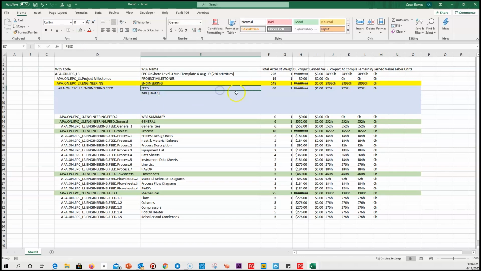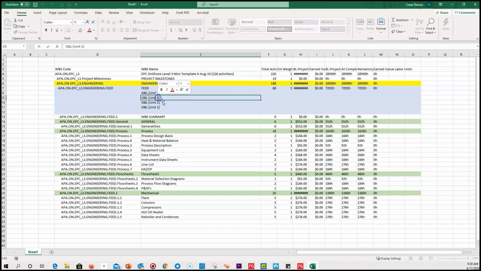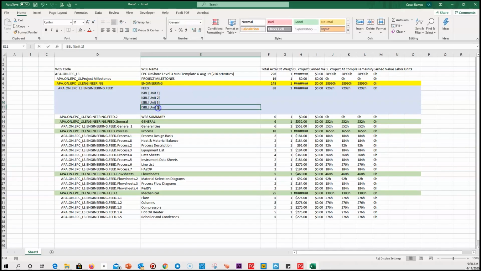And then we're going to have multiple units. So when we try to represent these multiple units, the only thing we can do is copy